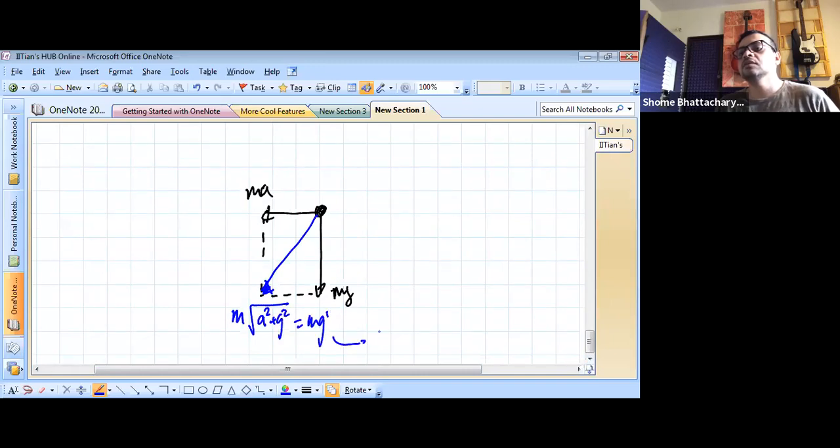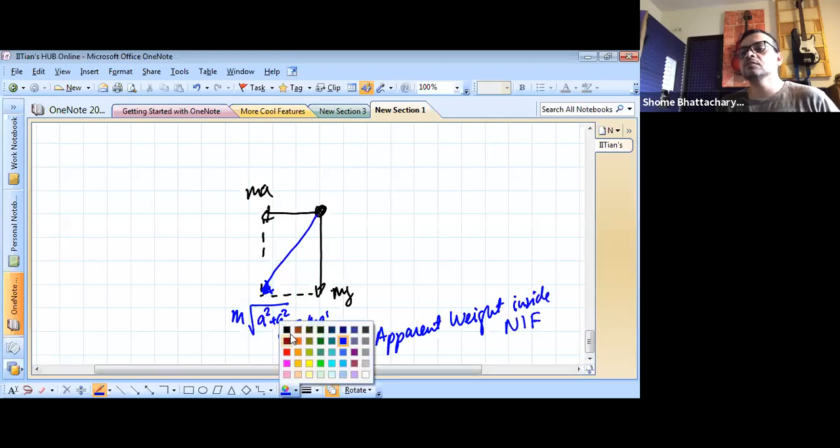It's like the apparent weight inside the non-inertial frame. And likewise, when you consider the x component and the y component of buoyant force,